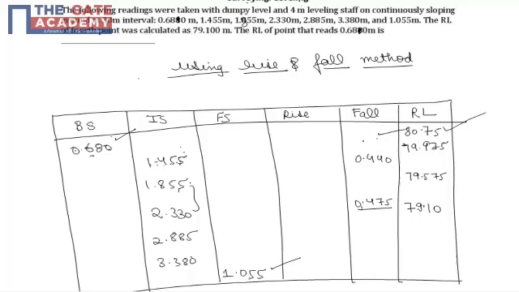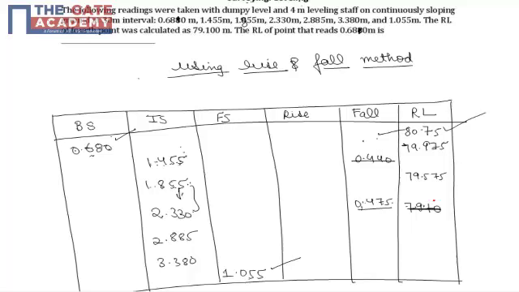Now from 1.455 we are having 1.855, again the reading is increasing, that means a fall, which is given by 1.855 minus 1.455, which comes out as 0.440. From 1.855 to 2.330, again the reading is increasing on the staff, that means again there is a fall of 0.475. Hence, we know that the reduced level of this point that reads 2.330 is